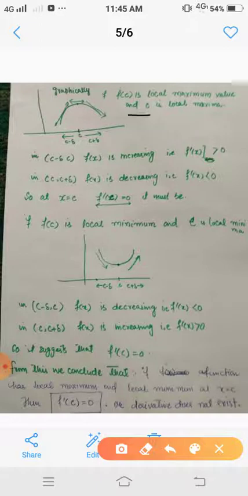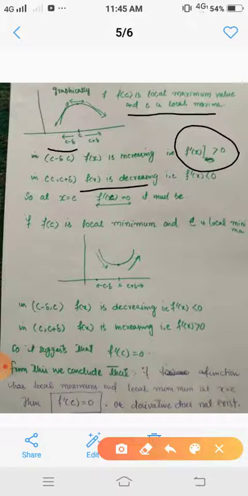That is, at that point f of C is greater than or equal to f of x for all x in the neighborhood. Now, if we consider the points in the neighborhood of C from the left side, that is for all x in C minus delta to C, f of x is increasing, because when it is local maxima the derivative is positive. While in C to C plus delta, the neighborhood of C from the right side, f of x becomes a decreasing function, that is its derivative is negative,